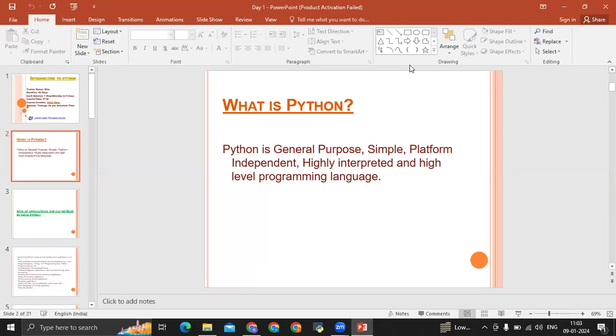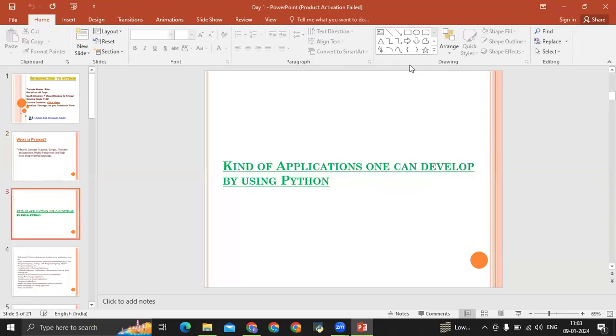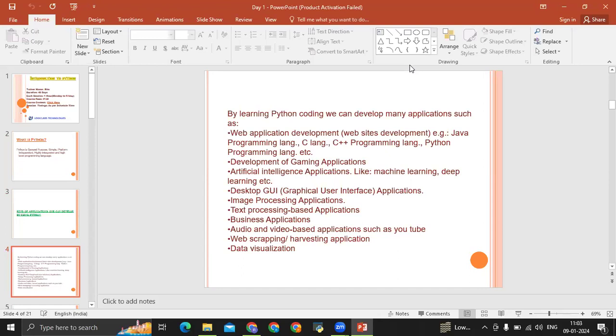Yesterday we discussed what Python actually is. Python is a general purpose, simple, platform independent, highly interpreted and high level programming language. After this, we discussed the kinds of applications one can develop by using Python. By learning Python, what all we can do